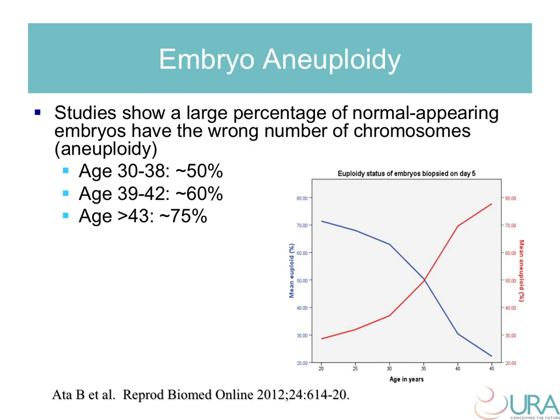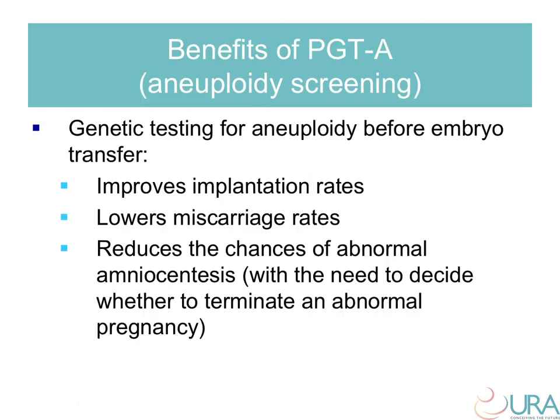This does not mean that you don't have any normal embryos left, but if we only have 2 or 3 embryos after a woman undergoes IVF, the chance of 1 or even none of them being normal increases significantly as she ages. If PGT-A is performed and shows that you have at least 1 normal embryo, the chance of pregnancy goes up while the risk of miscarriage goes down. This happens because the majority of first trimester miscarriages are due to fetal aneuploidy. PGT-A also significantly decreases the risk of having an abnormal amniocentesis and then having to decide whether to terminate the